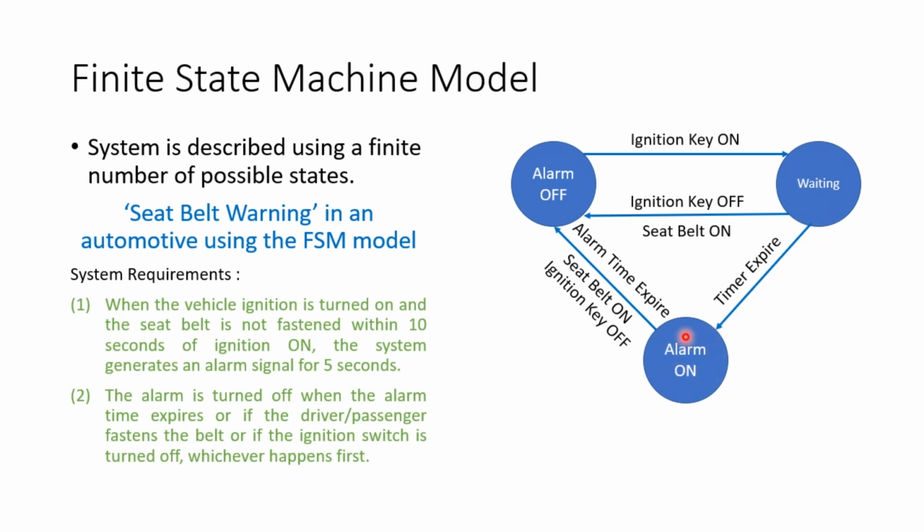Here too a timer is involved. So this event, timer expire, right? This is the event which transits this state to this state, and this is another event here, alarm time expire, which has transited this state to this state. So here two crucial state transitions are happening because of the action of the timer. So it is necessary as a designer to put forward a state machine model for the timer also whenever a timer is transiting states in the actual system.